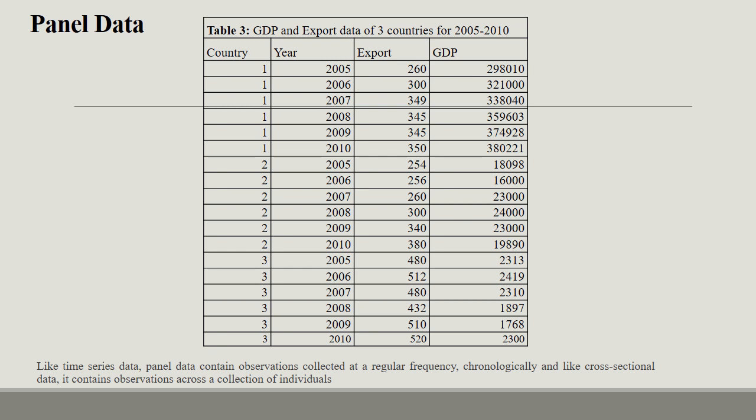In the first part, country 1 for the period of 2005 to 2010. Then country 2 and at the end country 3. So this is panel data or pooled data. Here the number of units or cross sections is 3 and the number of years, that is time series, is 2005 to 2010.